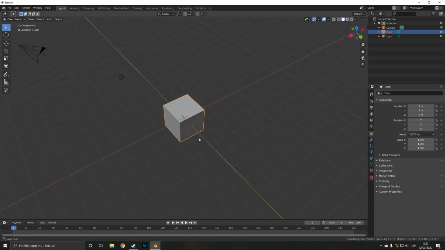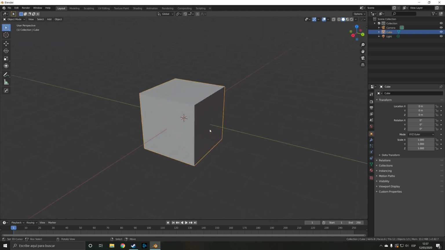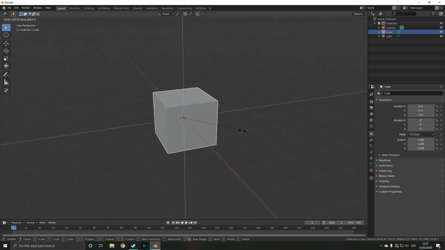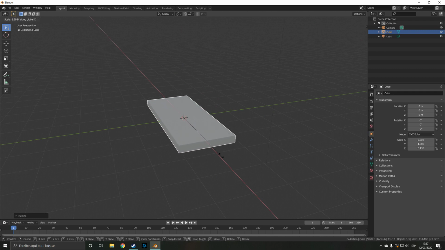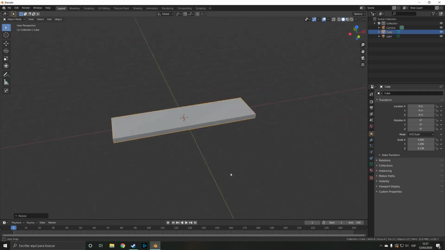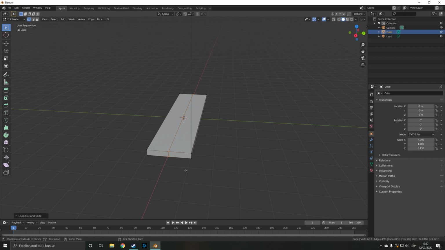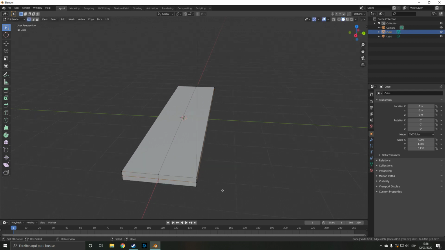So what we're going to create first are the planks, so let's just actually use this cube that we have here. So we should scale it on the Z and scale it on the X, and that should be fine. What we're going to do now is a loop cut in the middle, just like that, and another one over here. So now to give some variation, so just to make it look stylized, I want to do Shift Control V,